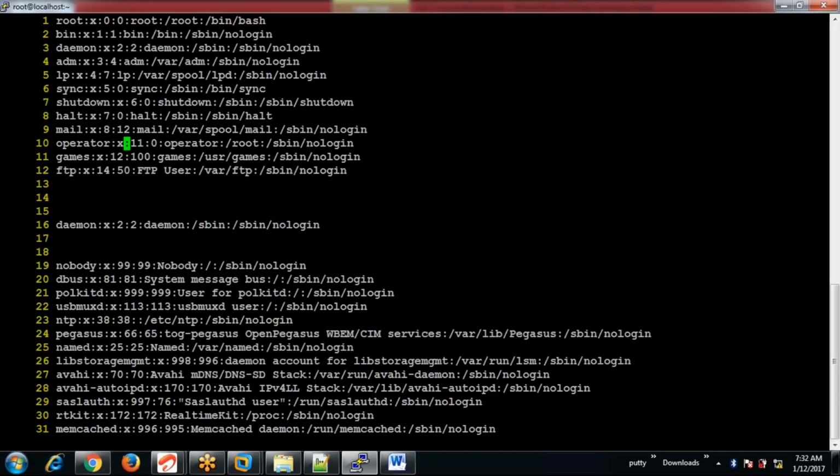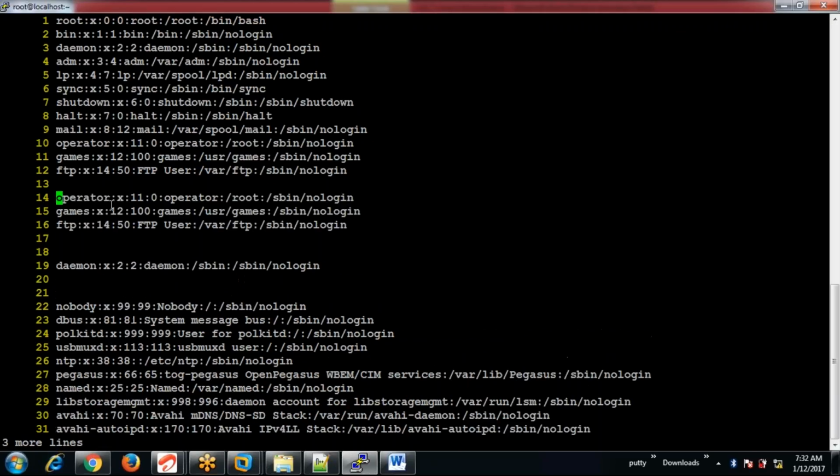So I am giving 3YY and I am pasting it. In the last line you can see here that it says three lines got yanked. See here. Now I can paste it.